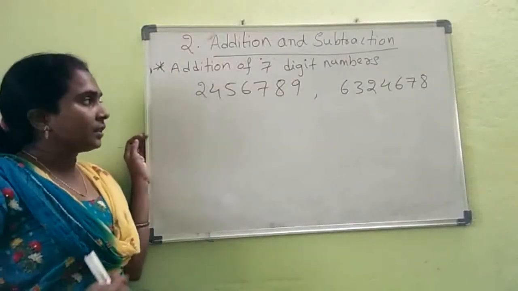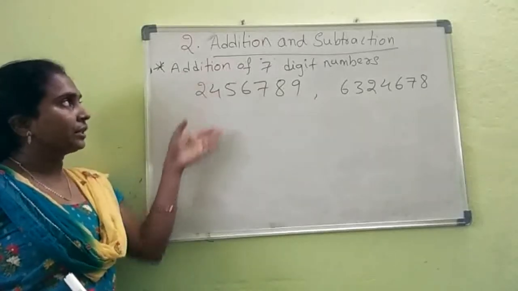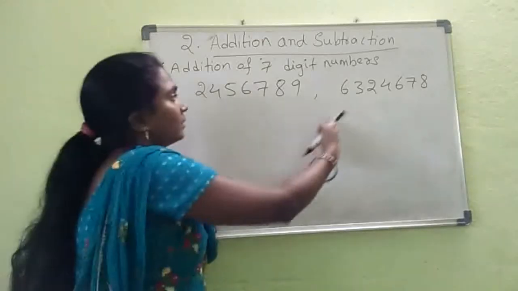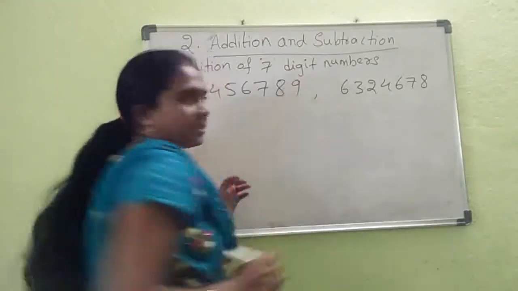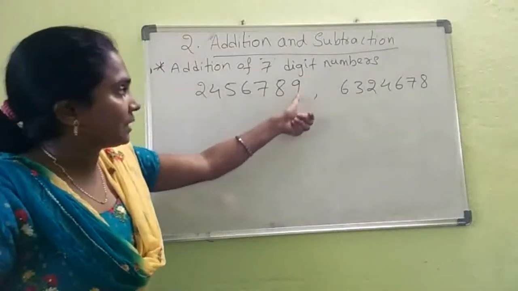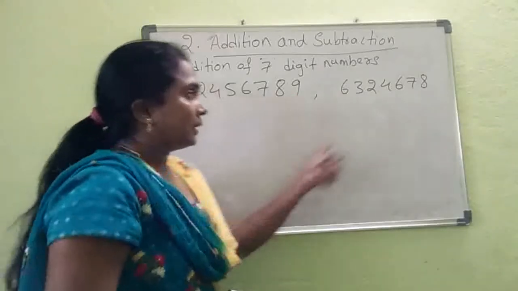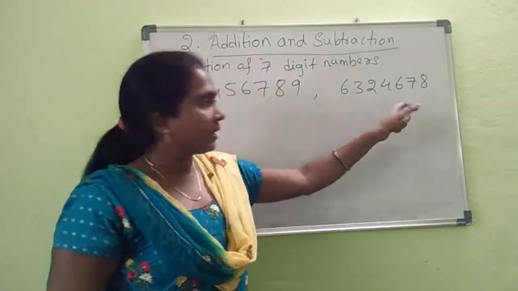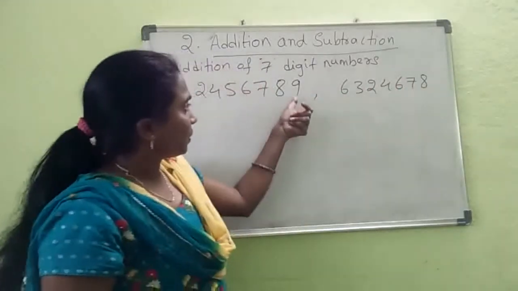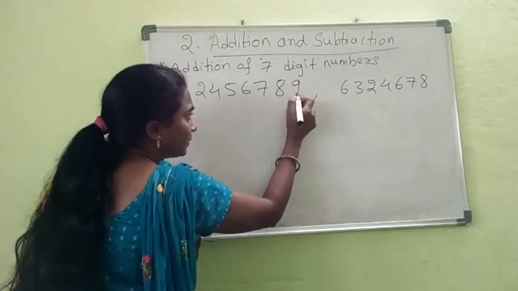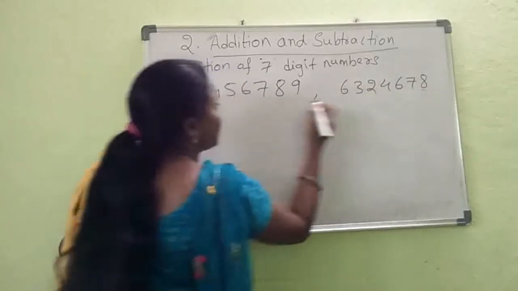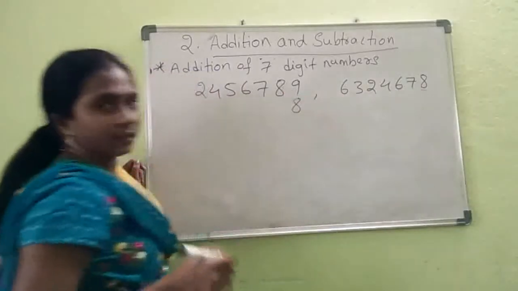So the first thing you have to remember while doing the addition is the placing of the numbers properly, right? That should be proper placing of the digits, right? See, first number. What is the ones place digit here? 9, right? In the second number, what is the ones place digit? That is 8. That means this ones place digit 8 should be below the ones place digit 9. In this number, what is the ones place digit? That is 9, right? This 8 should be below the 9, right?